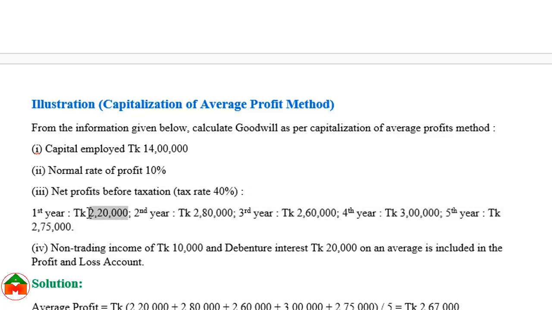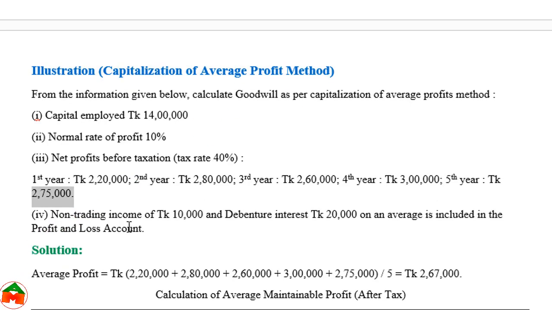First year 2,20,000, second year 2,80,000, third year 2,60,000, fourth year 3 lakh, and fifth year 2,75,000. So there are profits of 5 years, and we can see non-trading income of 10,000 and debentures interest 20,000 on